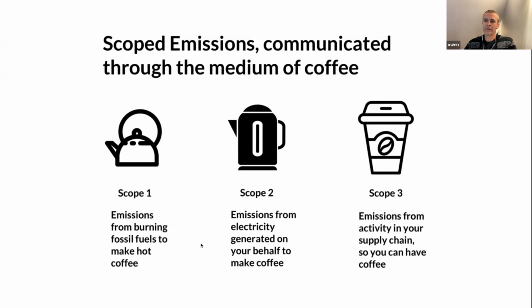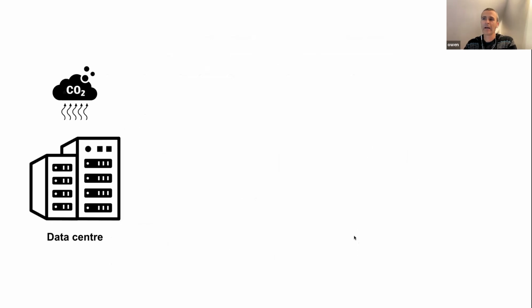So if we think about a web application, if you don't operate a data center that your application is running in, you're probably focused on calculating and minimizing your Scope 3 emissions. That's where your digital services will fall. If you actually run a data center, then you would be directly accountable for measuring your Scope 1 and Scope 2 emissions. But anyway, that's a little bit of theory to get you started.